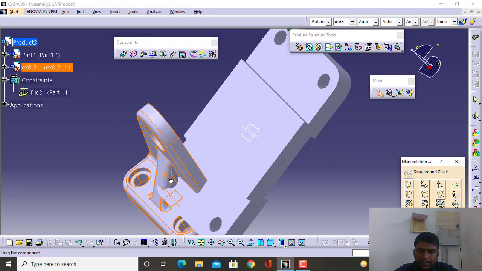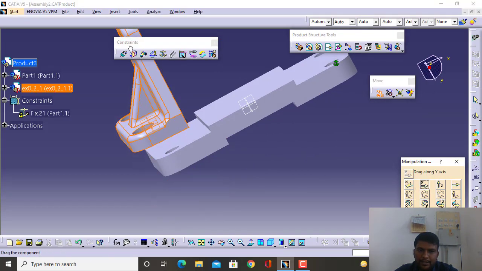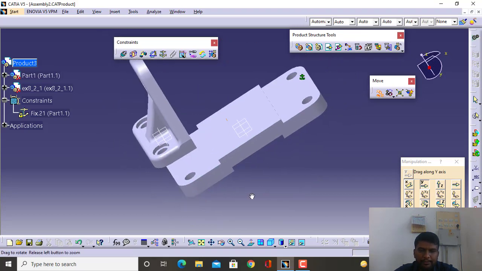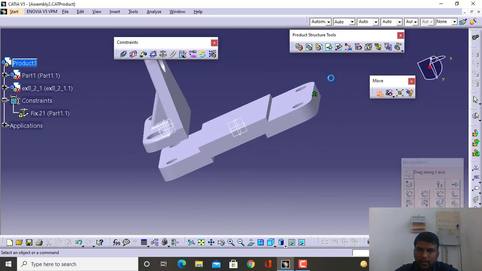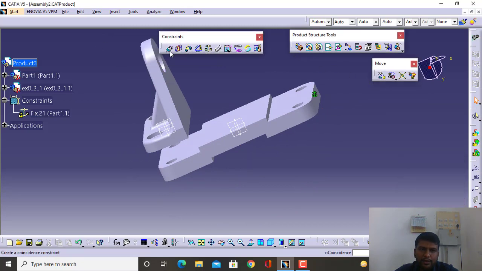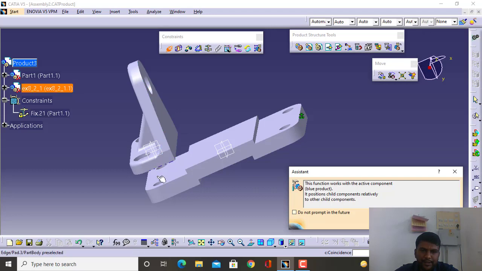So you can move the part, and then you can apply the constraints. Select the axis and move the parts. Right. So now I have moved my part to the required place. Now click on OK and then we apply the constraints here. There is a constraint called coincidence. Coincidence will coincide or align two axes or two planes in one line. So select the coincident constraint and close this one.